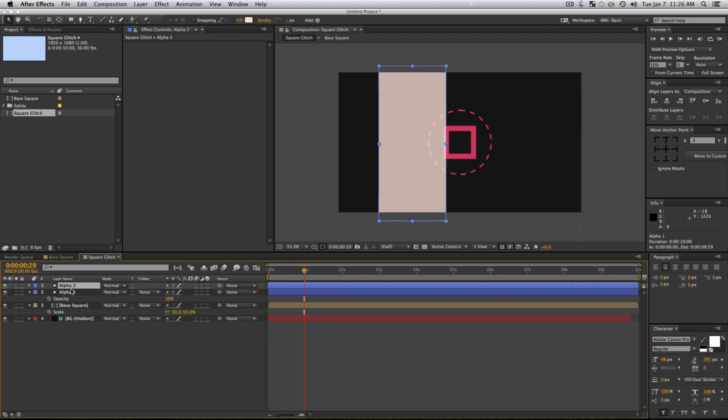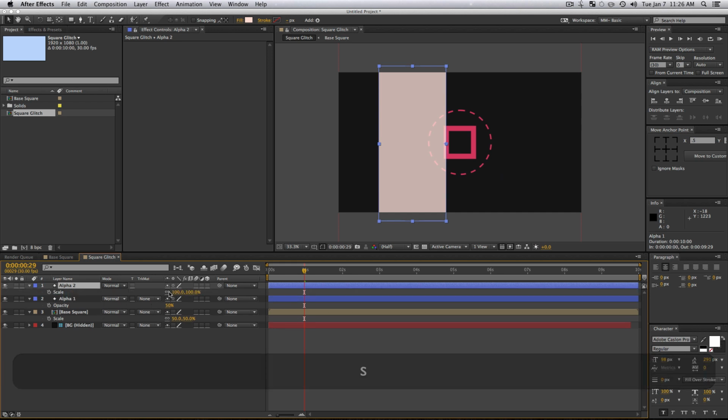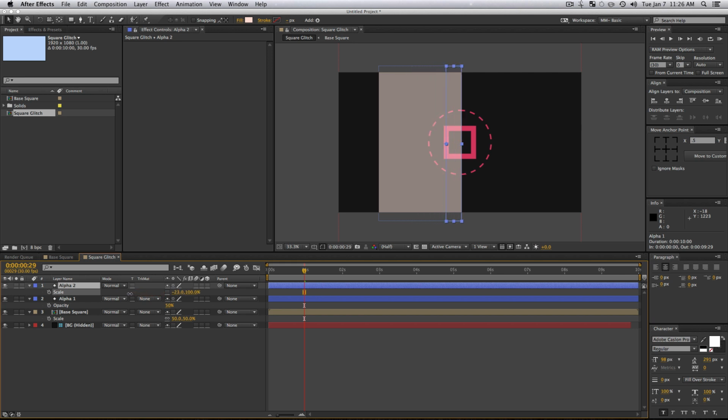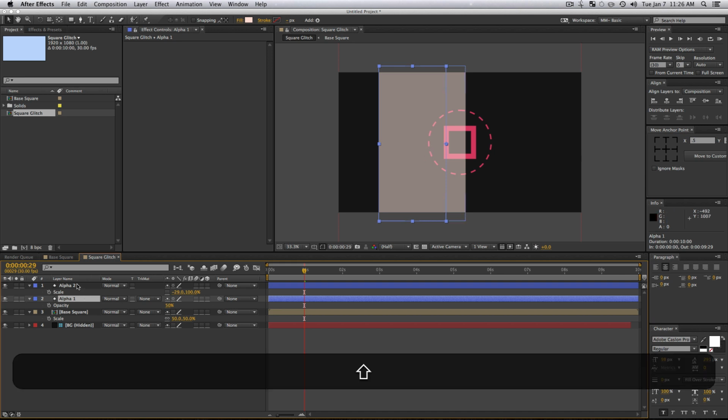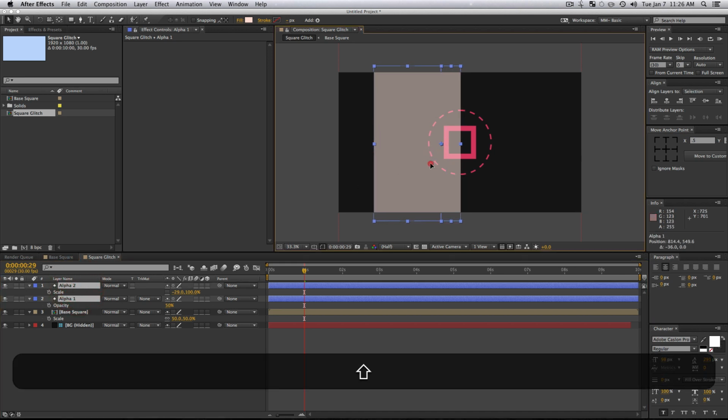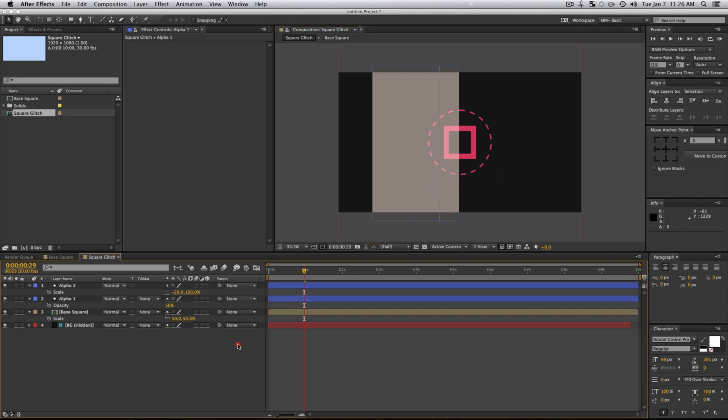So now go into your scale properties and unclick your constrain proportions icon right here. And what we're going to do is just scale it the opposite. So we're going to go into the negative. And what this is going to do is just perfectly place another rectangle next to the rectangle we already made, if that makes sense. And I'm actually going to also move these over just a little bit more, like that looks good.